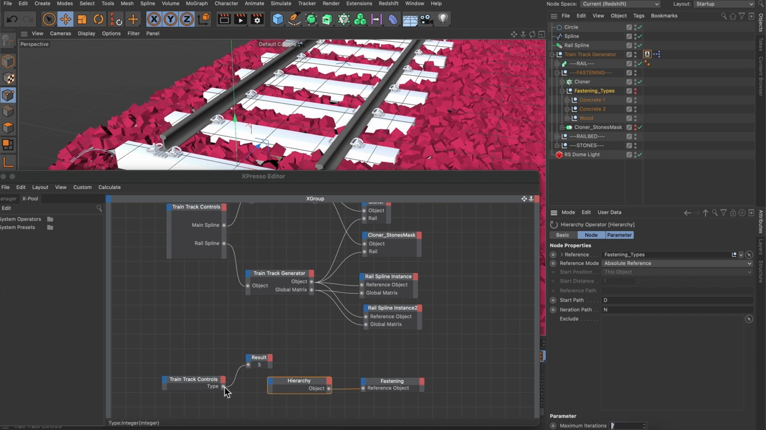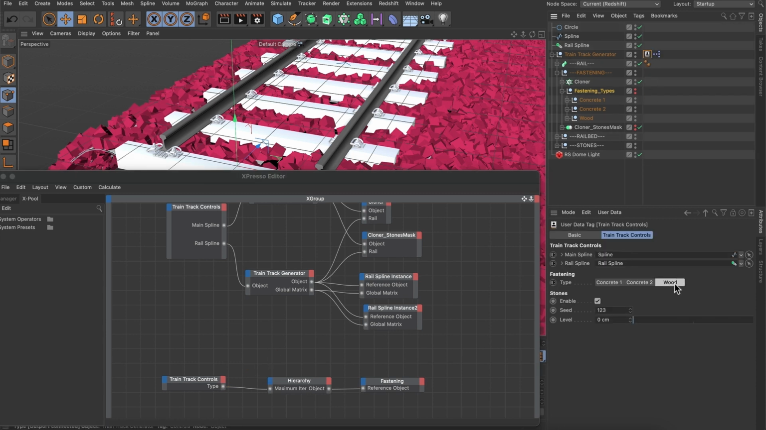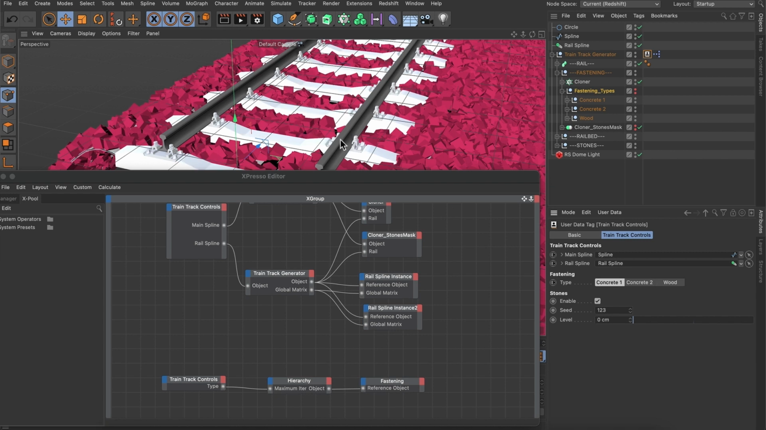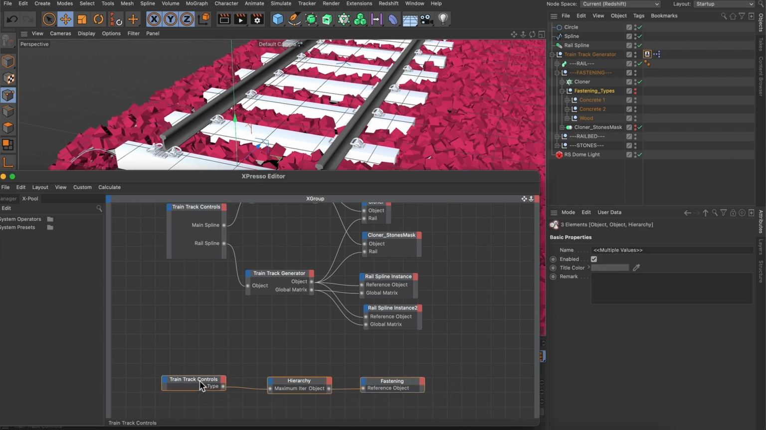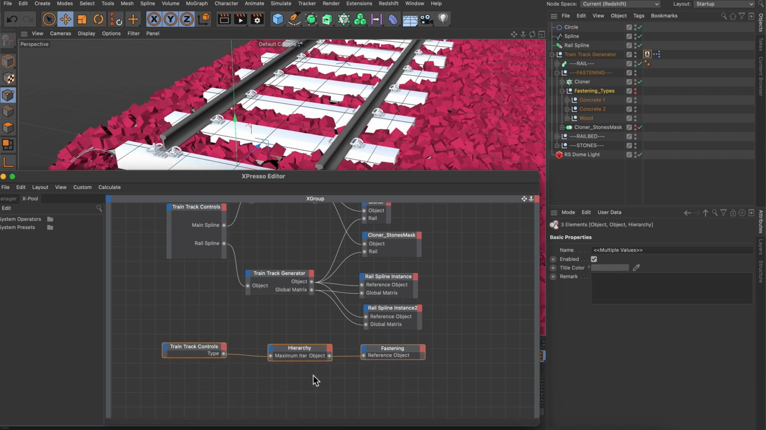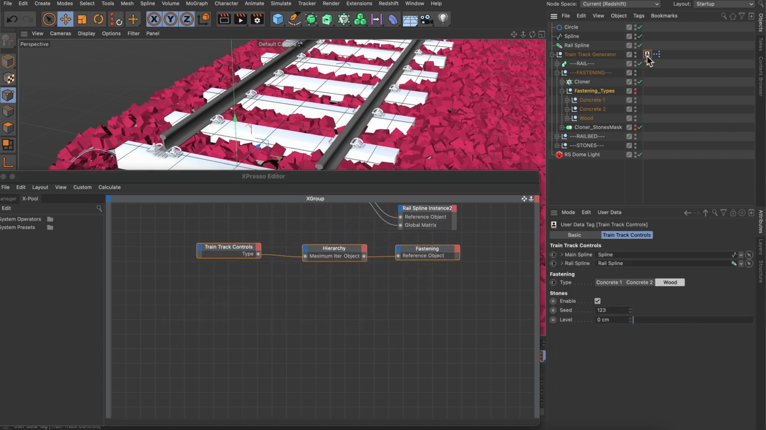Okay, so let's just wire this up. We're going to release the wire here on the blue area and set it to maximum iterations. And now it is wired up. So let me delete the result node and let's double check this. It's set to wood, that's correct. Let's set it to concrete 1, that's working. Concrete 2, also working. Wood, perfect. Okay, so that was a little bit more tricky, but we have more to do here because we want to